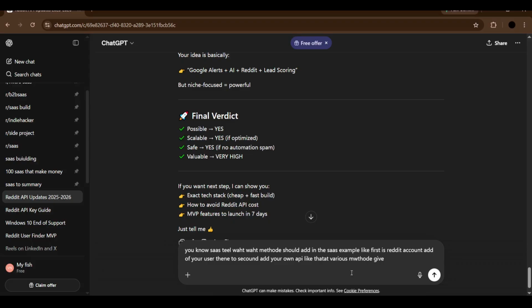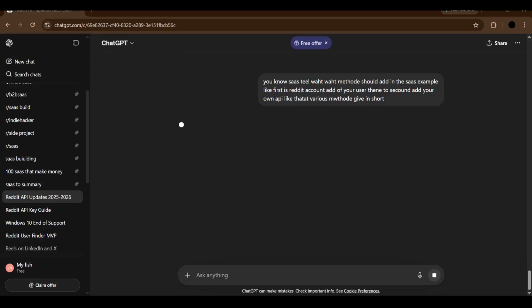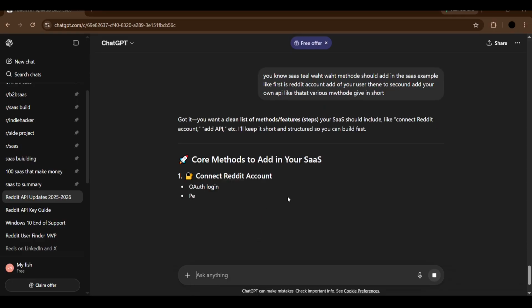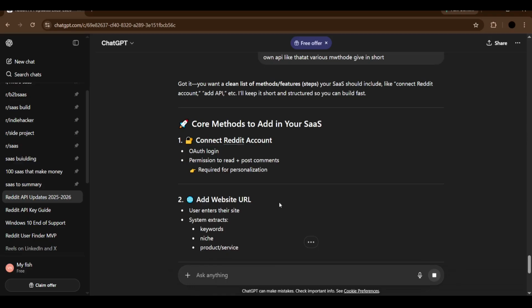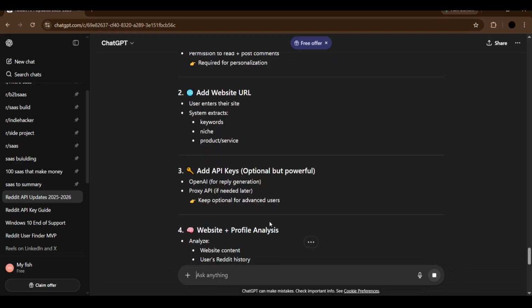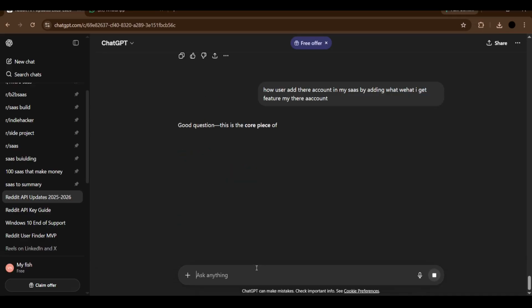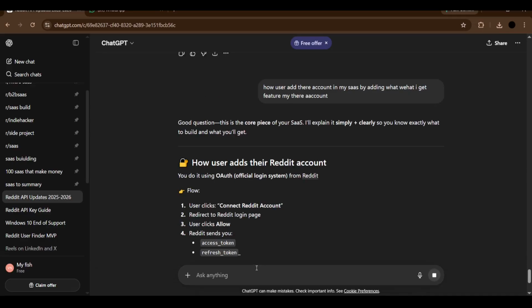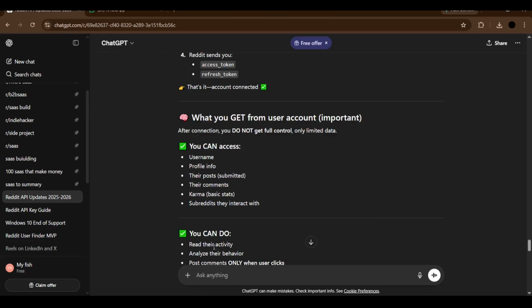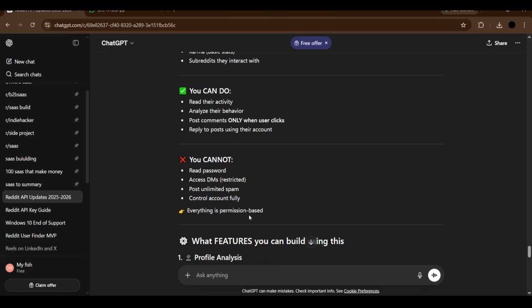So it is day 11, and we gave a large prompt to ChatGPT, like we're supposed to add a system where people have to add their Reddit account and all. I was a little bit confused, so that's why I gave the prompt to understand which structure is best, and after that another prompt on that topic only, and it gave a structure of which information you need to add for our user account and all. So that was the whole thing, describing what to do and what cannot be accessed and all. That was the whole information it gave.